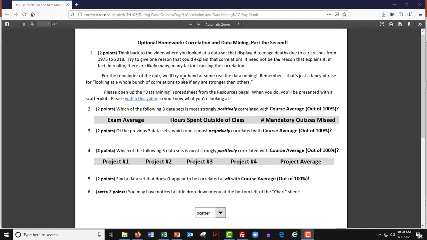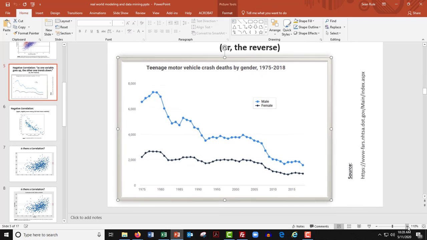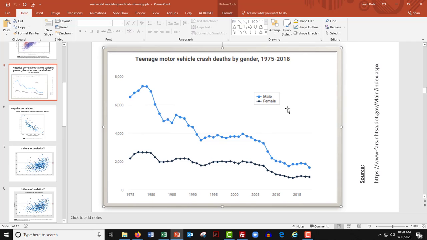Okay, my friends, let's take a look at this homework and get some answers for some of these questions. Think back to the video where you looked at a data set. Oh yeah, that's this one here. That's this data set right here. Let me make that bigger for us to look at. That's a little better. So 1975 through 2018, an overarching trend downward in teenage motor vehicle crash deaths from 1975